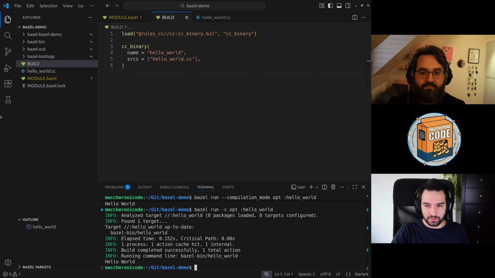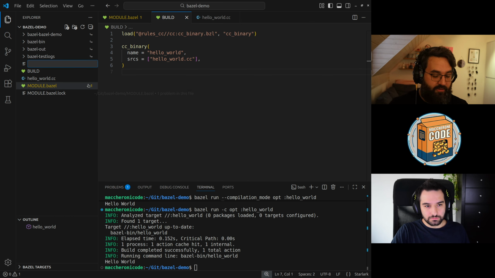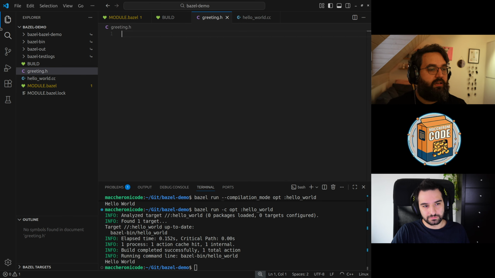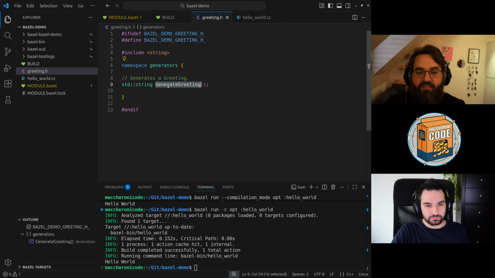Okay, and what if I want to split the project in multiple files or build units? Okay, so there is something that we can do? Yeah, let's go and do it. So let's create a greeting generator. So you will create a greeting.h in which we'll define some basic greeting. So we use the generator's namespace, and we have this generate greeting function.